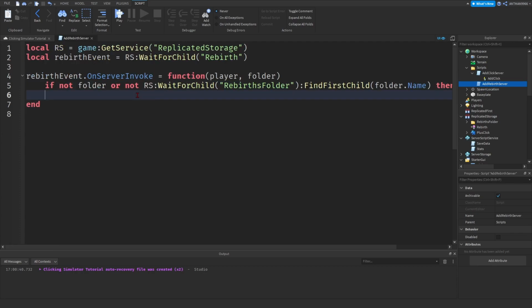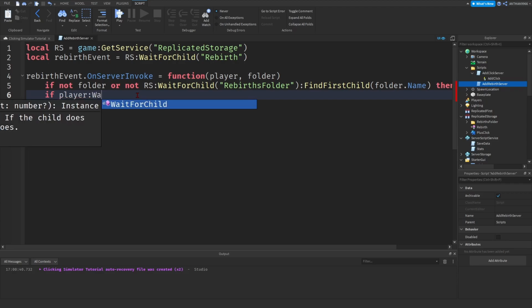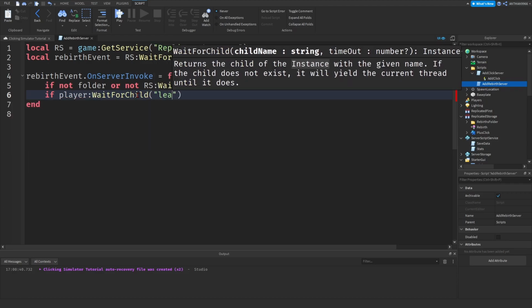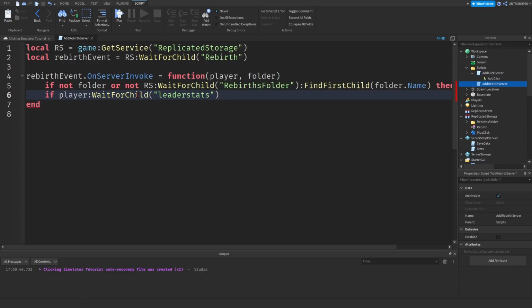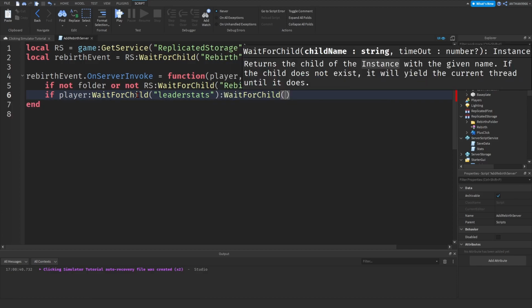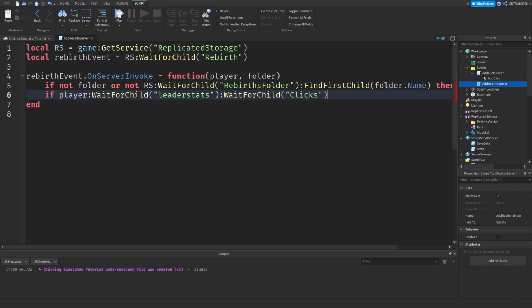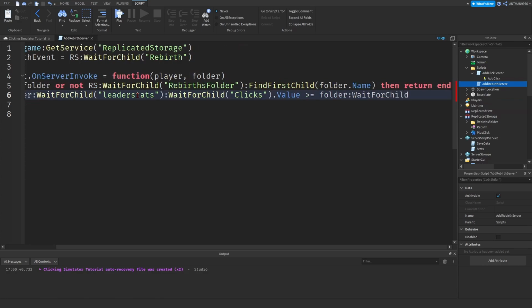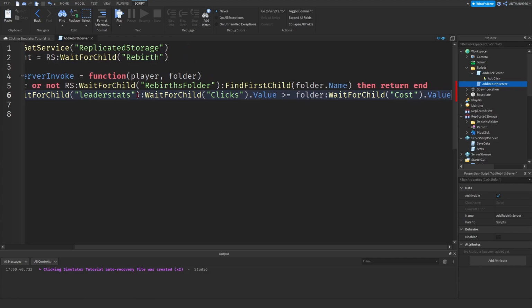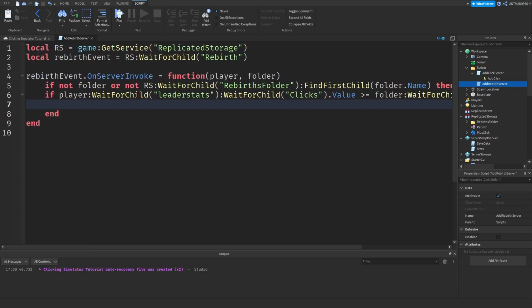And you're going to come down and say if player:WaitForChild("leaderstats"):WaitForChild("Clicks").Value is bigger than or equal to folder:WaitForChild("Cost").Value, then come down a line and say then